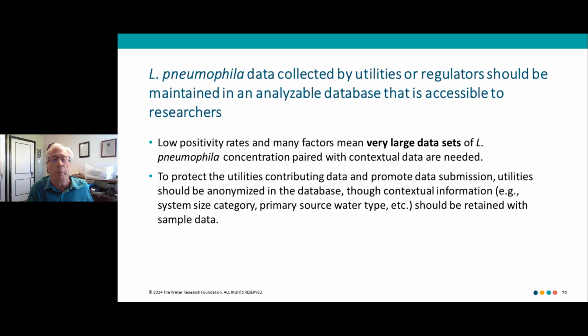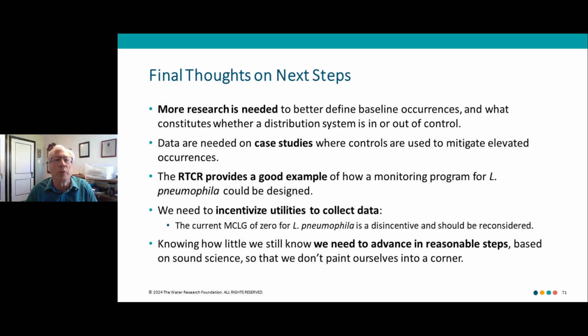Because there's so few Legionella positives, as you saw in this study, we need a large database to really understand what's going on with Legionella pneumophila, not only within a utility, but across the nation. And one of the ways to do that, one of the ways as researchers we think, is to have utilities collect the data and submit it to a centralized database where we can anonymize the database so you don't know which utility it is, but you can collect associated data and start to make correlations, and that's the ideal situation we would like to be in.